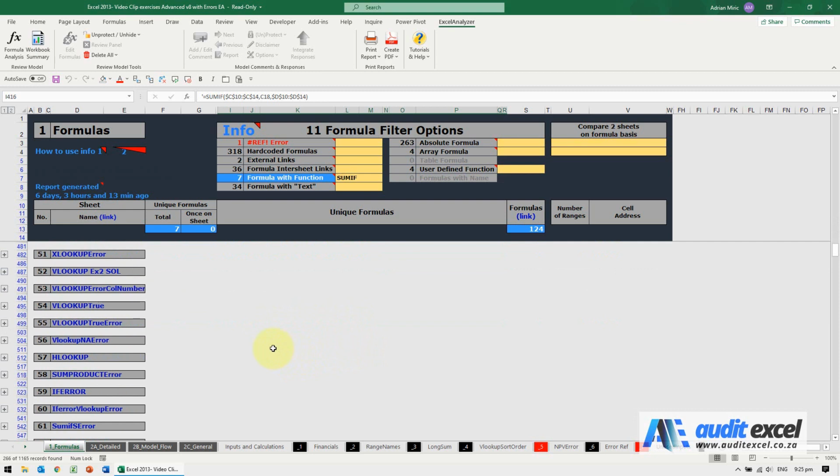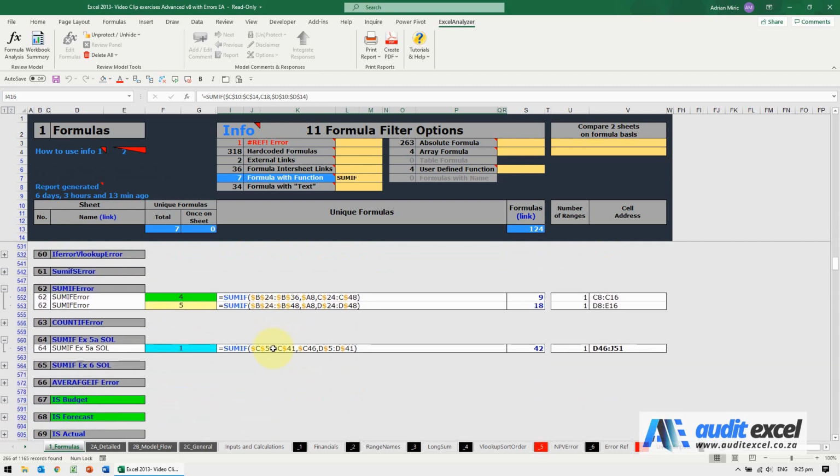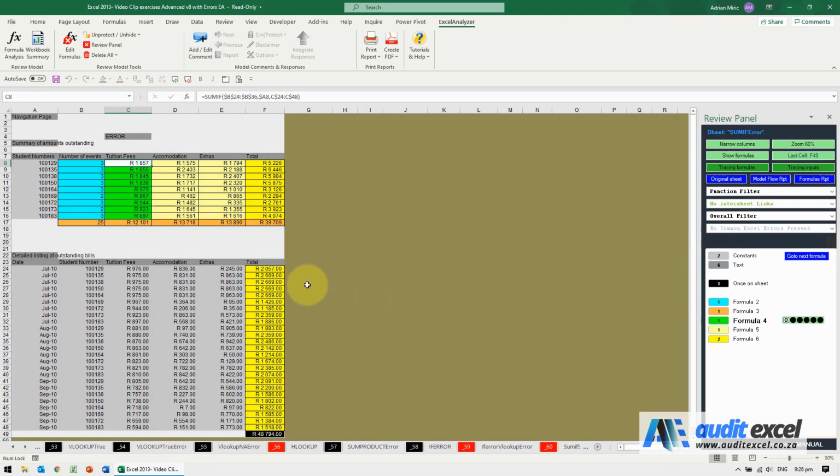If we scroll down, if we look at this one here, you'll notice it goes from 24 to 36, but the other range goes from 24 to 48. Now with the older functions, this was actually allowed. In the new function, SUMIFS, it actually won't allow you to do that. It has to be the same size. But in this case, it allowed it. And those are high risk.